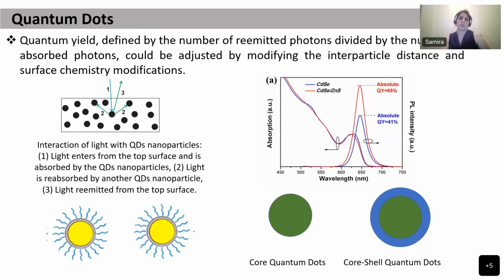The other important thing is the quantum yield. As I mentioned, not all of the photons can release their energy through lighting. So some of them will emit through thermal radiation. And just imagine when we have the light inside of our material,